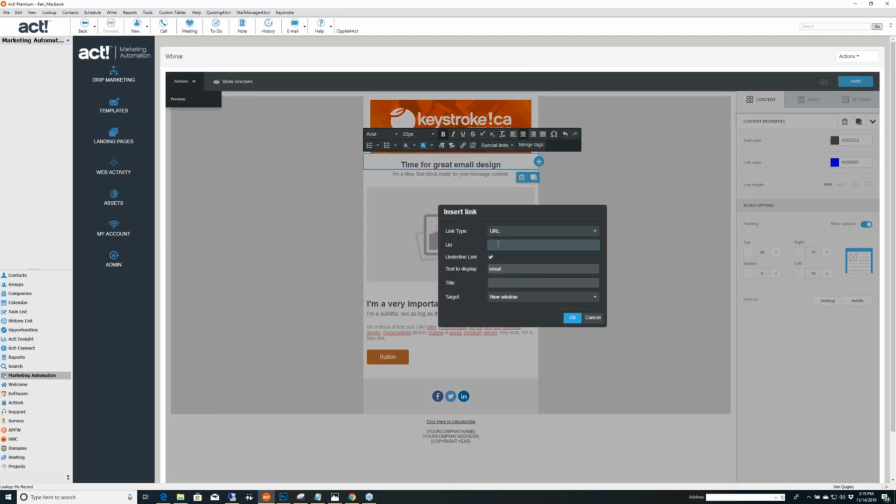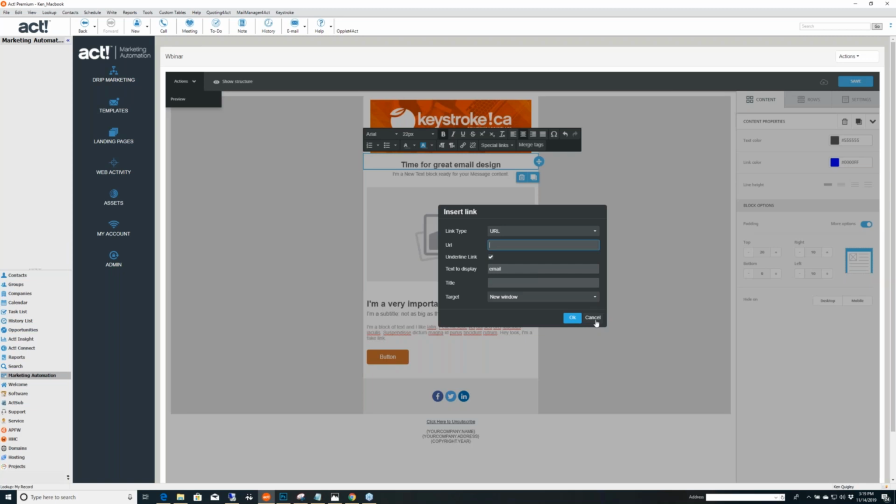All these kinds of text options are very, very familiar and very similar across all desktop publishing platforms, whether you're using Word or a CMS or any kind of designer. So I'm not going to spend a whole lot of time on this because a lot of these are pretty